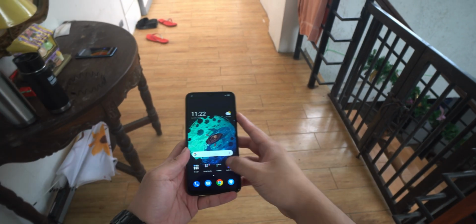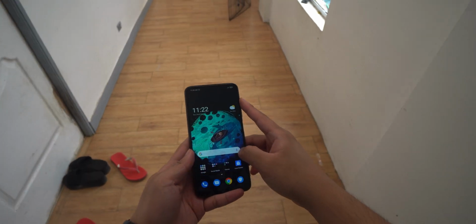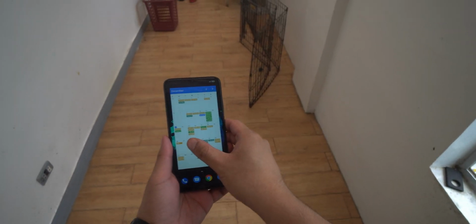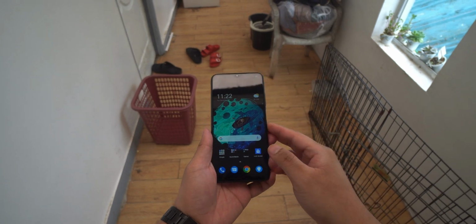Overall, this is a greatly built phone, especially for the price. It doesn't feel cheap at all. I sometimes forget that this is a budget phone, so based on build quality alone, this is a great phone. Although this is a well-designed and built phone, the main highlight of the Poco M3 is that massive 6,000 milliamperes